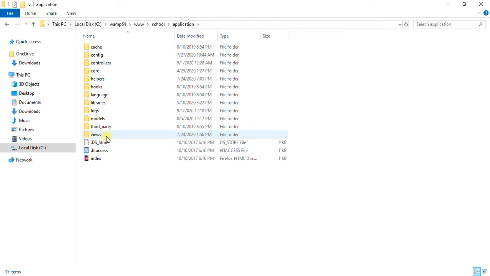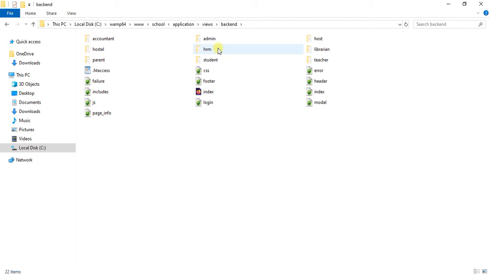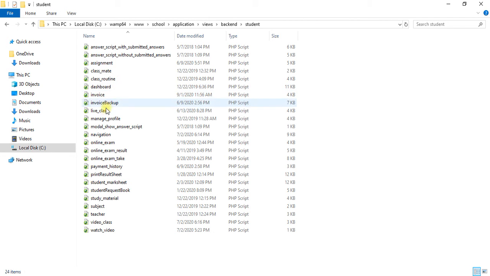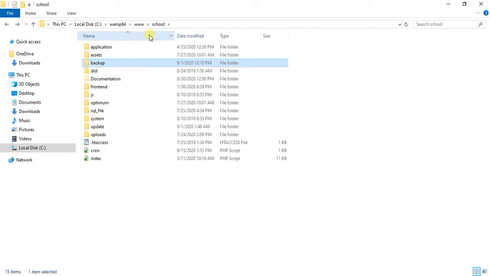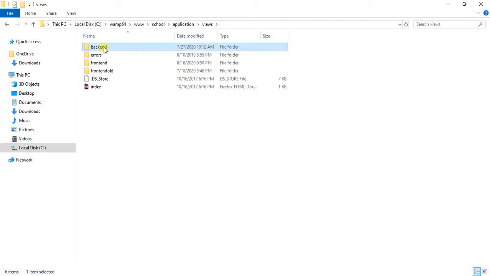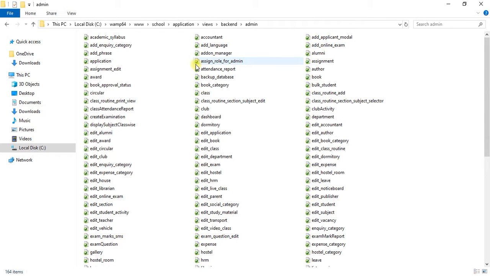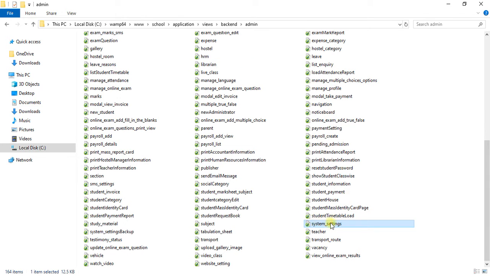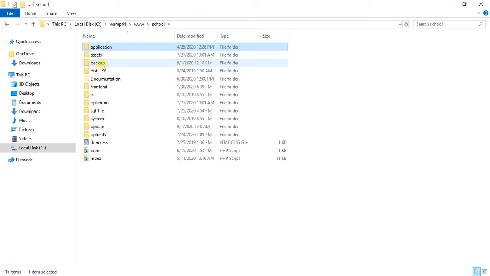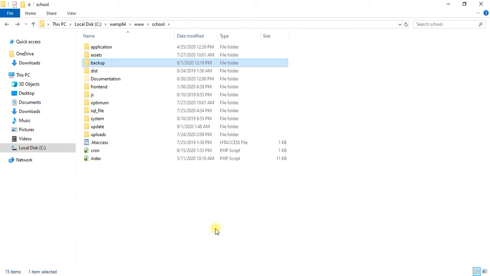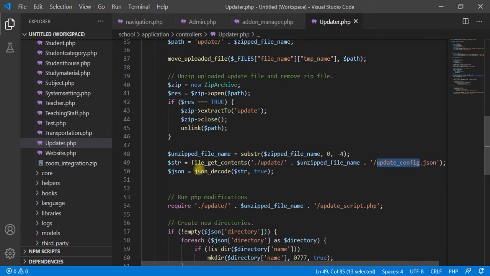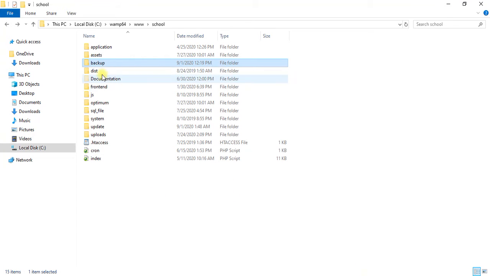Let's go back to views, backend. Let's go to student page. I want to work inside invoice. I'm going to copy that, paste it. So I'm going to go back to views, backend, admin, system setting. I want to copy this also. Let's paste it to backup. Good. So when we are done working with all the files,